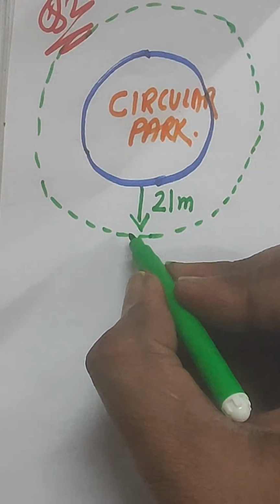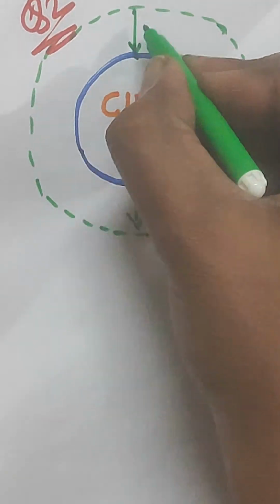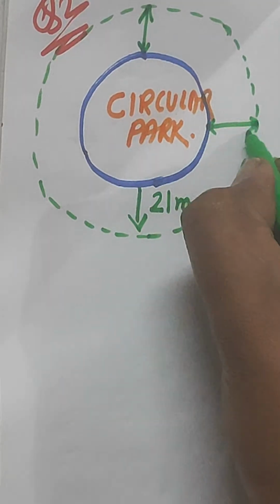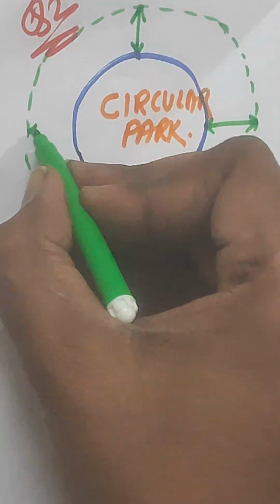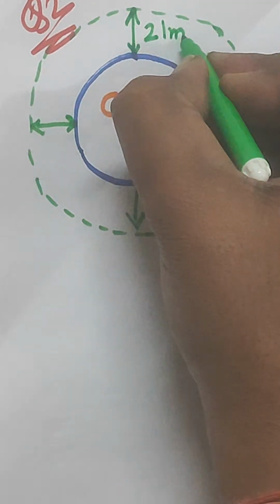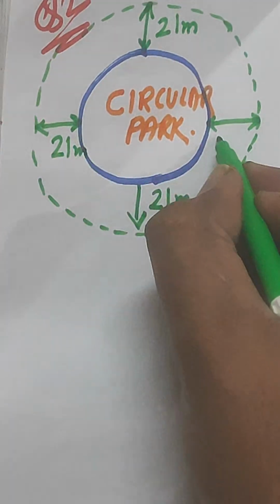Okay, and the radius of the circular park is also given to you. First of all, let us draw that the width of this road is 21 meter across,